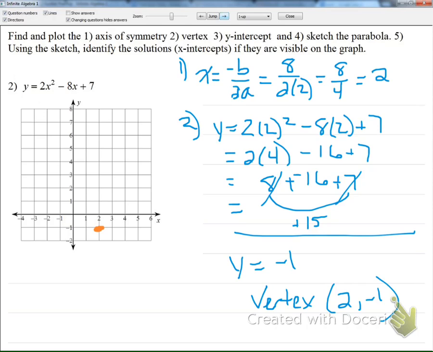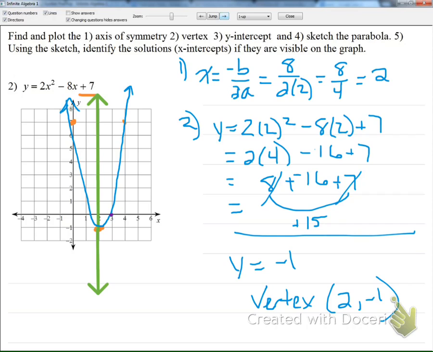Looking at the equation, you can see that the y-intercept is positive 7, so I plot that. Using my axis of symmetry that goes through the vertex, I can figure out another point on the line because the y-intercept is going to be equally distant from the axis of symmetry. So I have another point exactly the same distance on the other side, 2 away. Then I can sketch my graph,